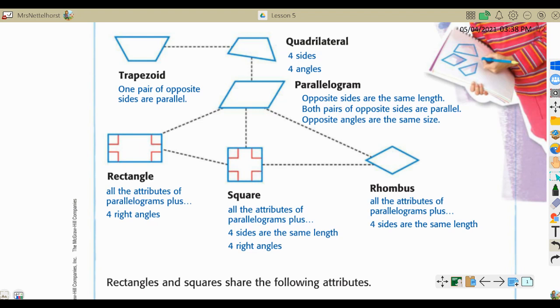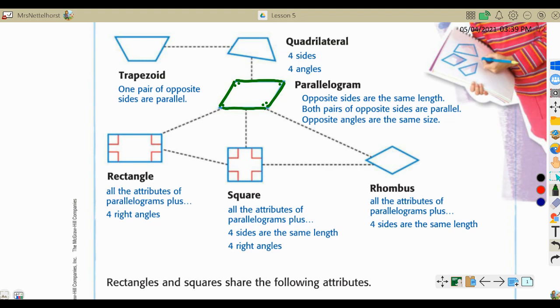Okay, so these three figures here are all parallelograms. And parallelogram just means that the opposite sides are the same length, both pairs of opposite sides are parallel, and opposite angles are the same size. So let me grab a marker here. This angle is the same size as this angle. They're both less than a right angle. This angle here is the same size as this angle. They are both greater than a right angle. Then this side here is the same length as this side, and this side here is the same length as this side, and they're parallel to each other. Okay,